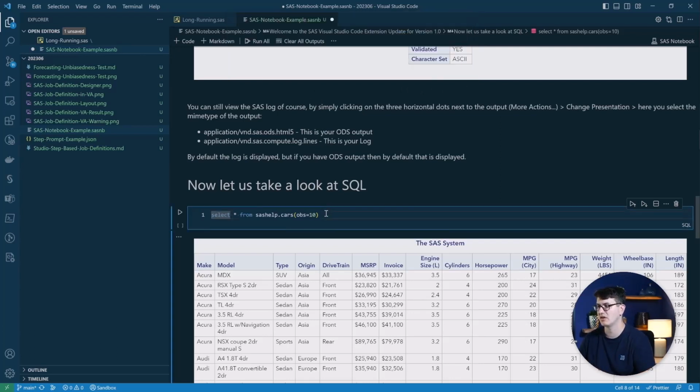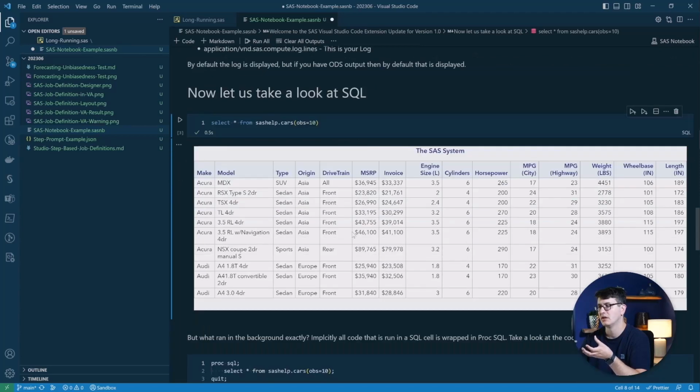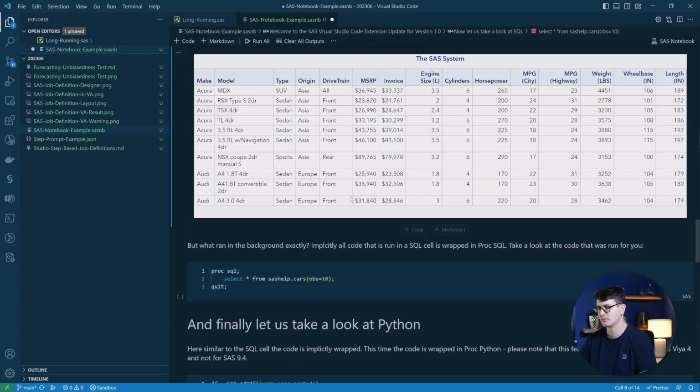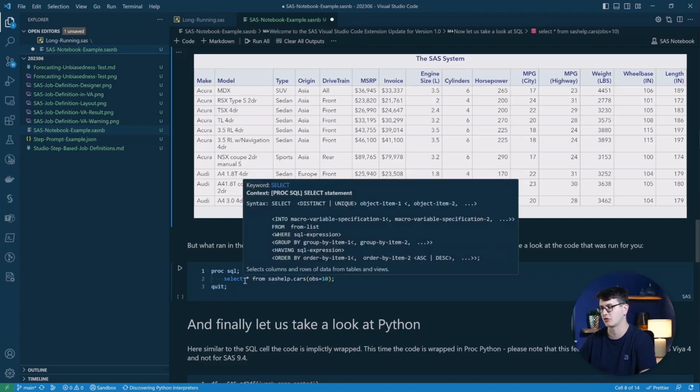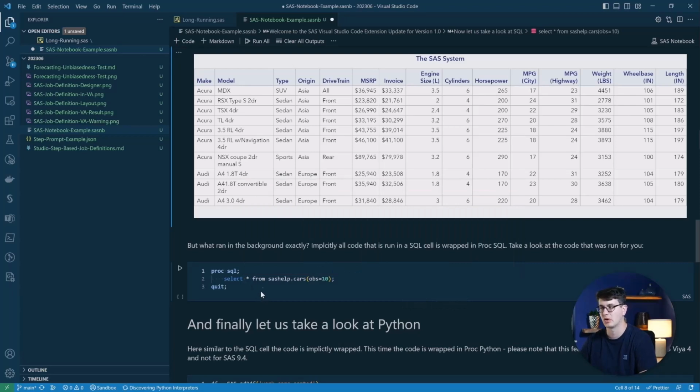And you can see the syntax highlighting is of course also there, and we can run it. And what happens in the background is that your SQL code is implicitly wrapped inside of PROC SQL to execute this code for you. And of course also here the results are generated for you. The ODS output is generated and given back to you to understand what you created. And this is just to make it more explicit, the actual code that ran behind the scenes for our example.